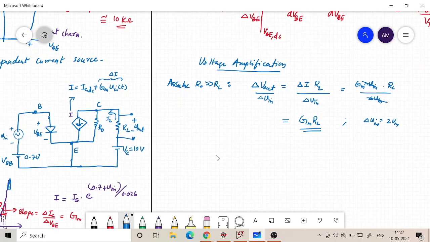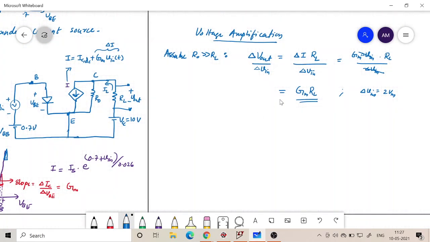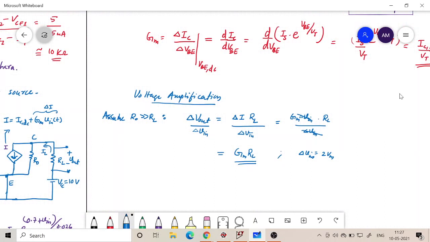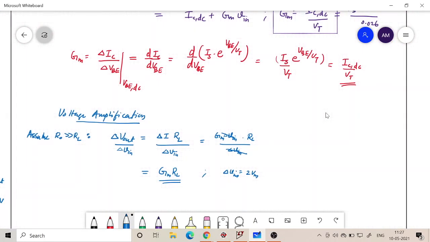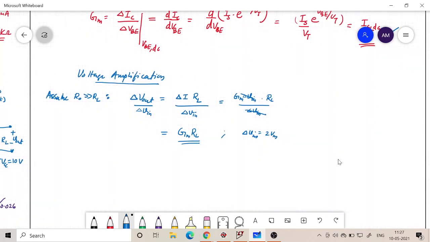So now let us see the effect of Gm. I already told you Gm depends upon what? Gm depends upon the DC current. So the Gm expression is given by this. Okay, Gm is given by the DC collector current divided by Vt. Okay, so Gm depends upon where you put the operating point, or what the DC voltage is. So that will decide your Gm. So let us see all of this